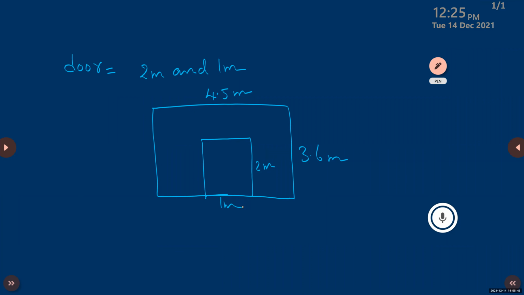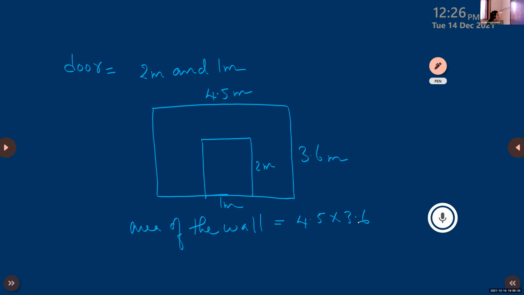Ma'am, can I try? Yes. Ma'am, we have to find the area of the wall and area of the door, and we have to subtract the area of the door from the wall. Very good. Because the full area of the wall we can find out. Length and breadth of the wall is given, no? So find the area of the wall. Don't do it now, do it at home. I'm just giving the clue: 4.5 into 3.6. Children, you will get the answer.